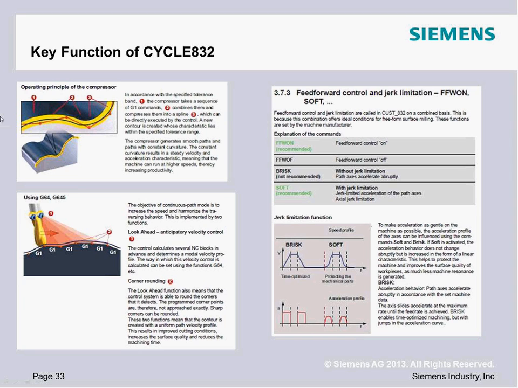When we run the actual spline, other commands that are getting stated are like G64 or G645. These are look ahead and corner rounding functionalities. We have our feed forward commands that will be turned on or off with our jerk limitation functions: feed forward soft, feed forward brisk. There's a few different technologies. This, as well as a bunch of other stuff, is everything that's being turned on in the back end when you start to utilize